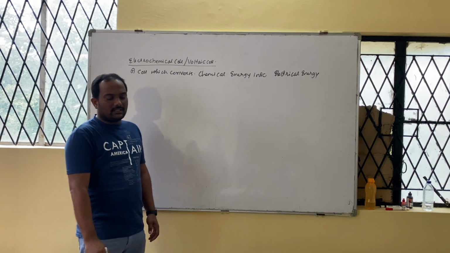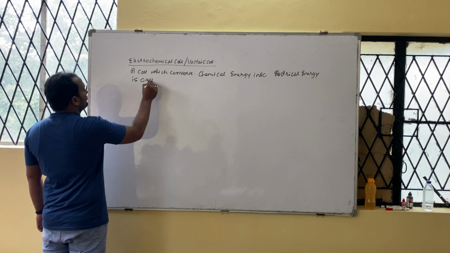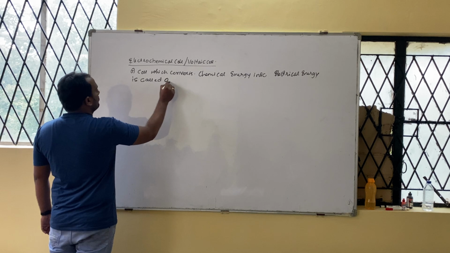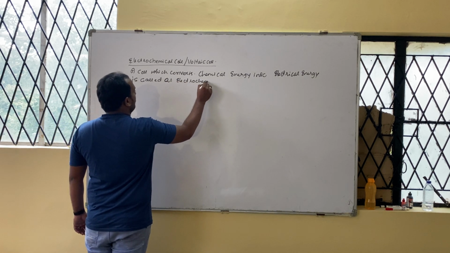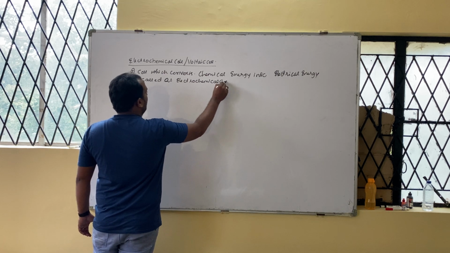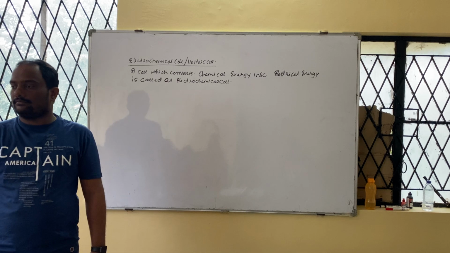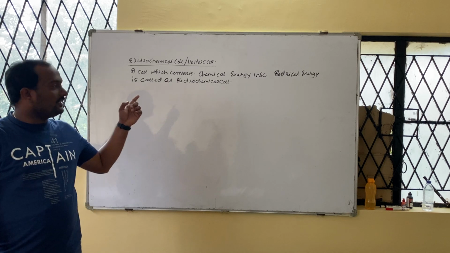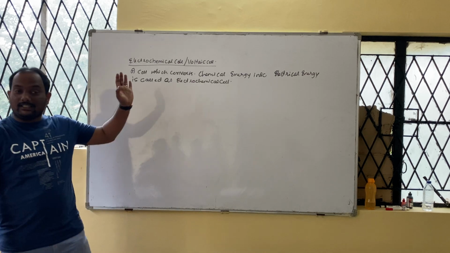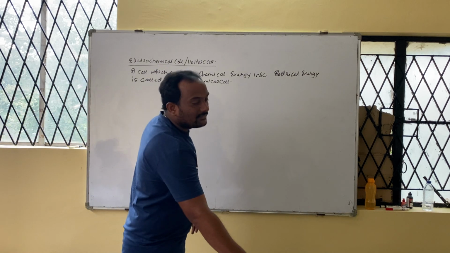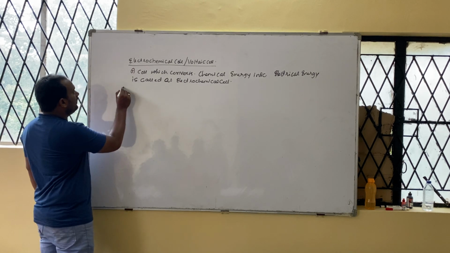Chemical energy into electrical energy is called which cell? Electrochemical cell. If you write chemical energy into electrical energy, then electrochemical cell only. If you write electrical energy into chemical energy, then electrolytic cell. All of you understood? So below, example,